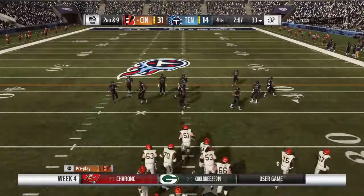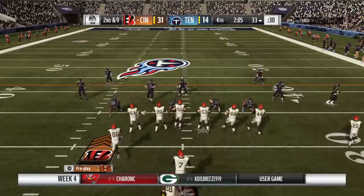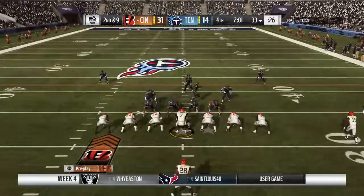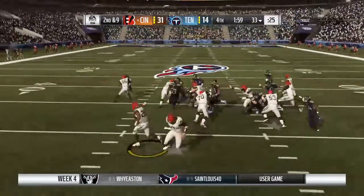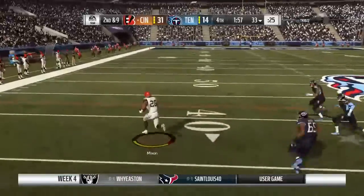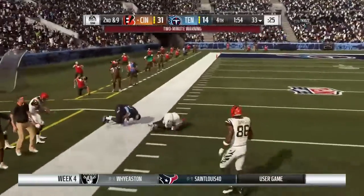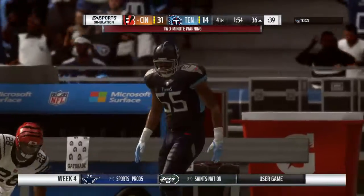And they'll try to squeeze in one more play here before the 2-minute warning. Again, it's Mixon. And they'll get this well past midfield before being stopped just